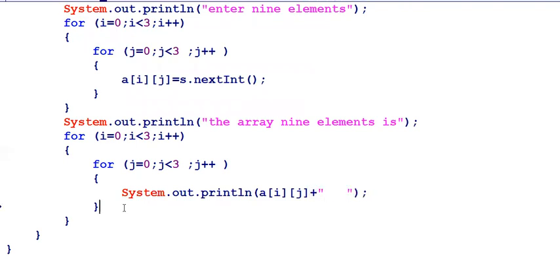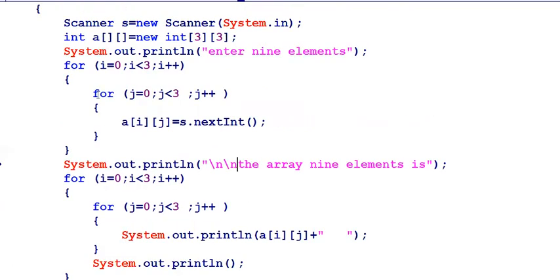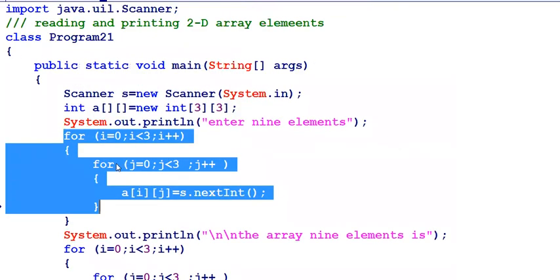Whenever you come out of the inner loop, I would like to move the cursor to a new line, that is, a new row will be taken. So this is a simple one. We are taking two loops for reading the elements and two loops for writing the elements.